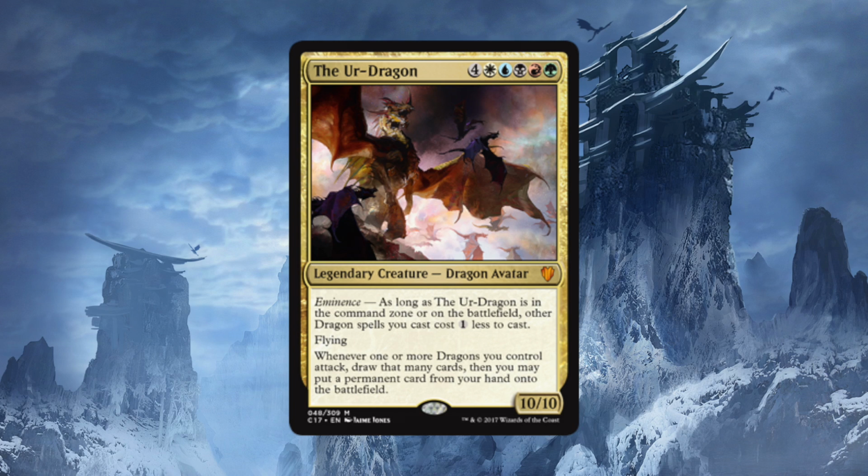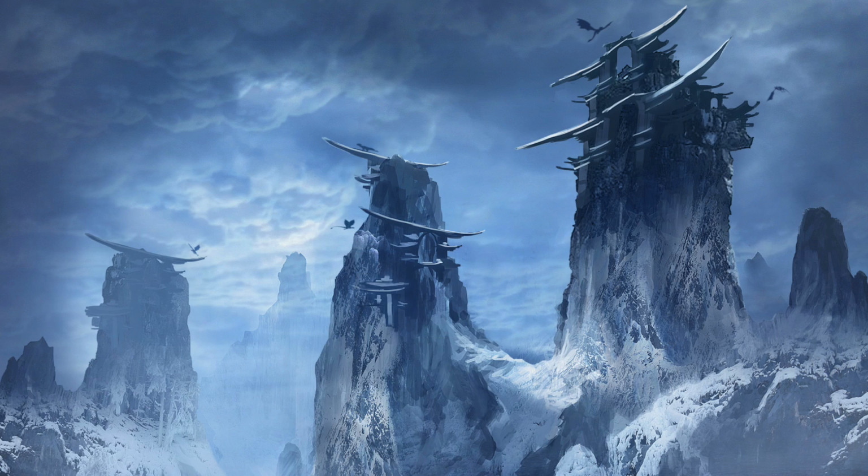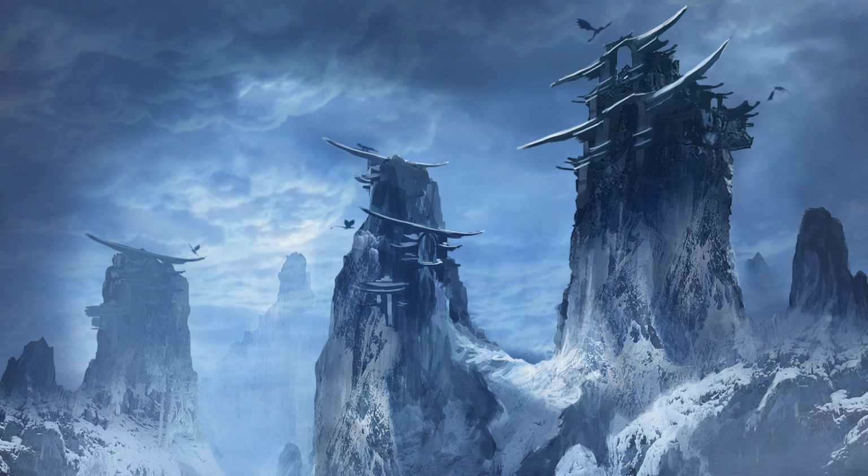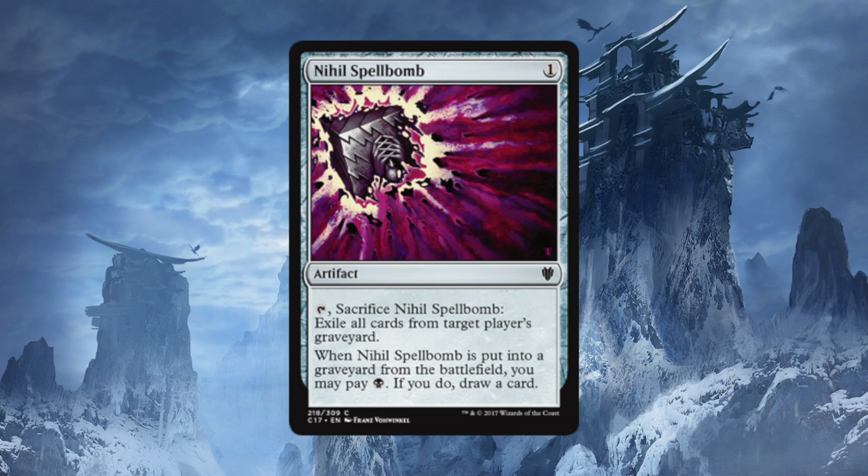So let's jump in. Here are the cards that I am going to remove. First of all, the 3 curses, you guys are out. The Nihil Spellbomb is okay if you're going against a deck that has a graveyard theme, but if you're not, it's going to be a useless card. Yeah, you get to draw one, but I think we can do better things with that card slot,